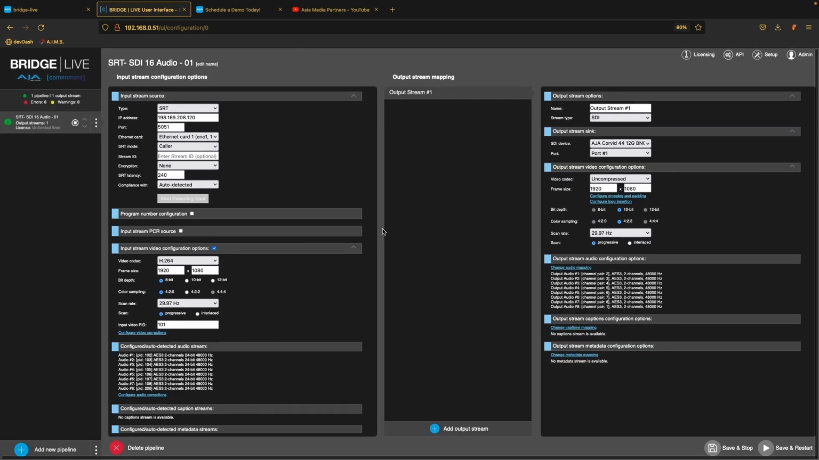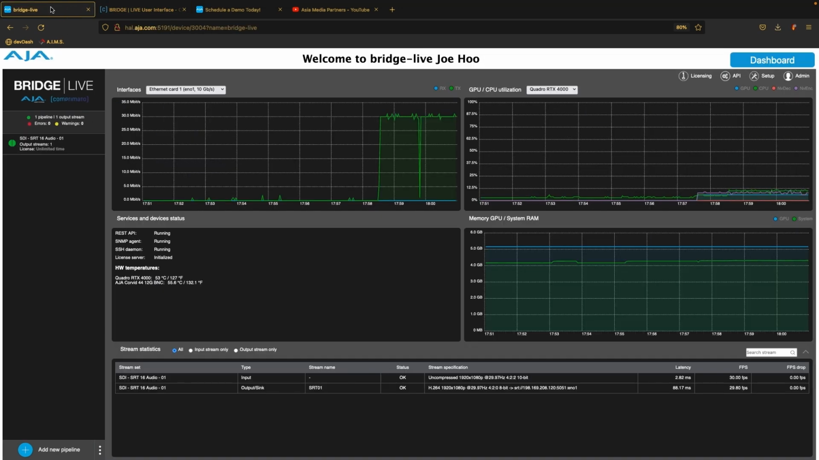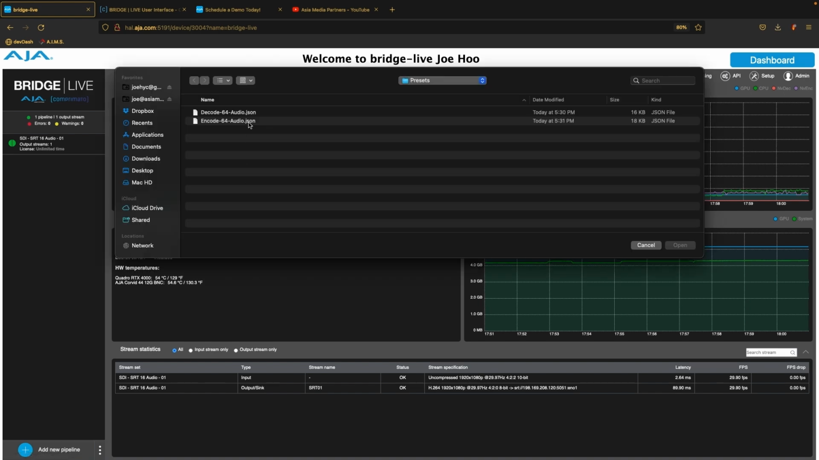So that's all you need to do to set up a pipeline from encoding 16 channels of audio along with SRT, sending it all the way to another Beachlive, and decoding that back to SDI. So at this point, we can proceed. We are duplicating this pipeline, getting more inputs. But to save time, I previously set all this up and saved that as a preset. So I'm just going to straight away upload this here